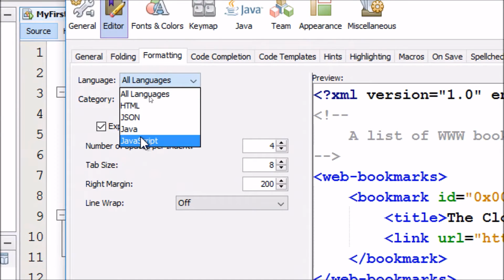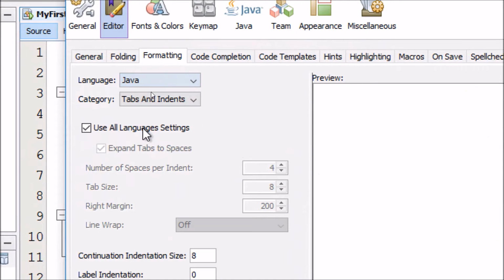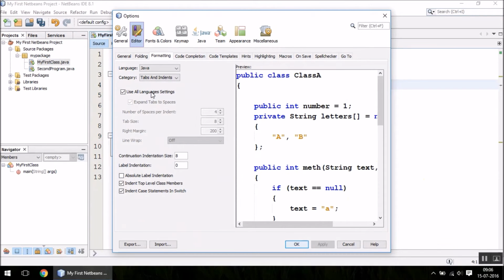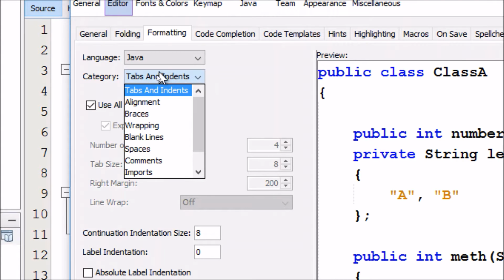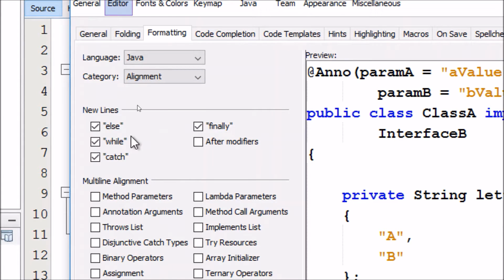The next setting is again tools, options, and it is this formatting tab only, and this time you can select this Java language, and all the settings related to the Java language will appear here. Carefully choose the category. Expand this combo box and select the alignment option, and here you will find the settings for having new lines.